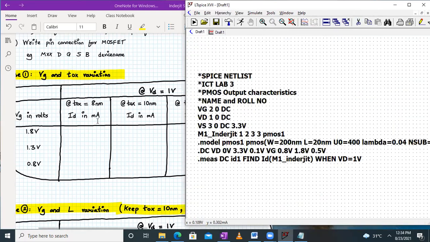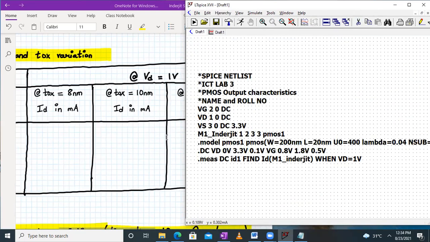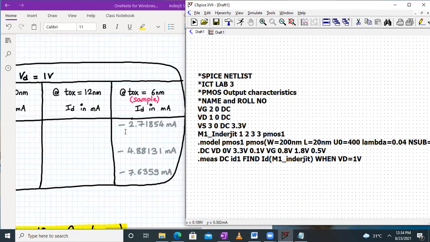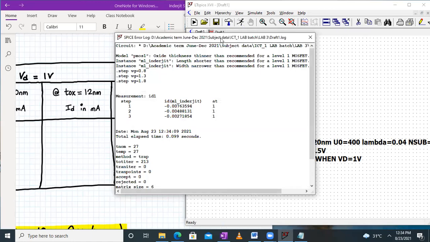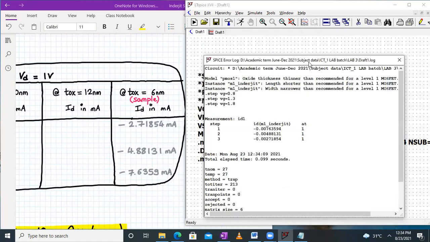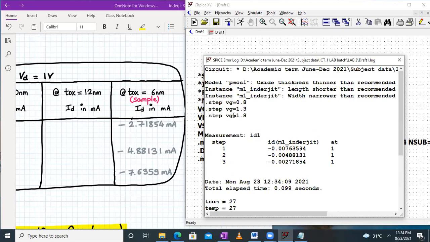But now, in order to note down these readings at VG equal to 1.8 volt, VG equal to 1.3 volt, and VG equal to 0.8 volt, the value of the drain current at drain voltage equal to 1 volt, what we can do is go to View and go to SPICE error log. When we go to SPICE error log, you can maximize this part.